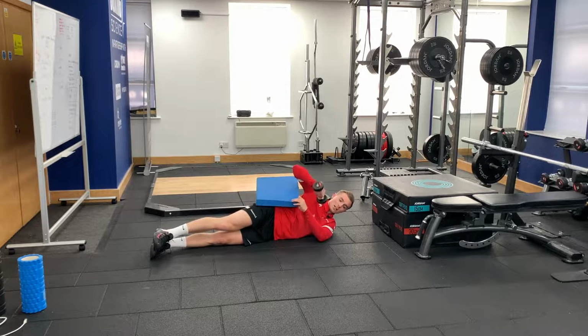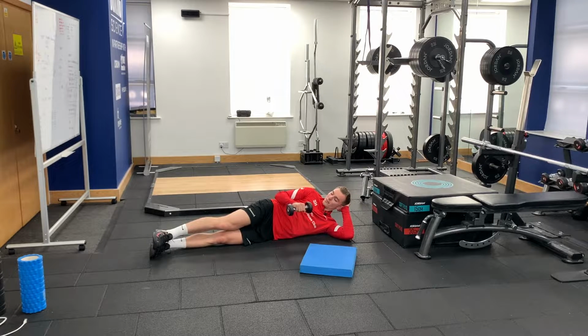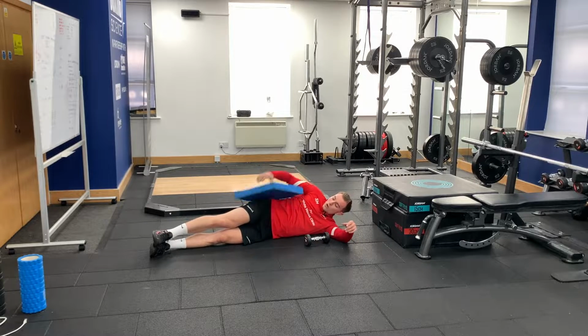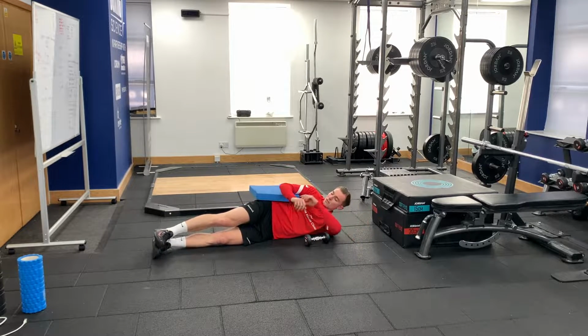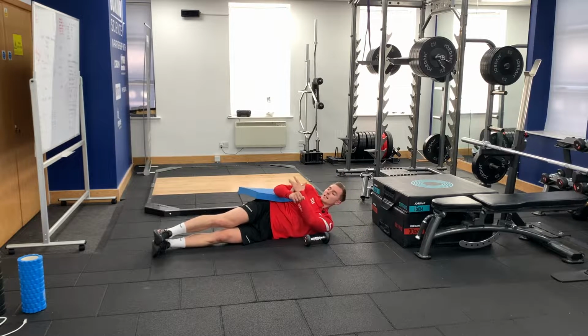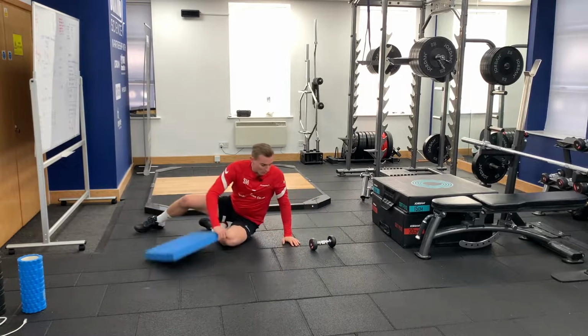Then you want something to pop in between your elbow and your body, just to elevate your elbow just a little to about there. What having something there is going to do is that you're going to squeeze into it. It's going to keep our elbow still. So our elbow is then going to act as a pivot point